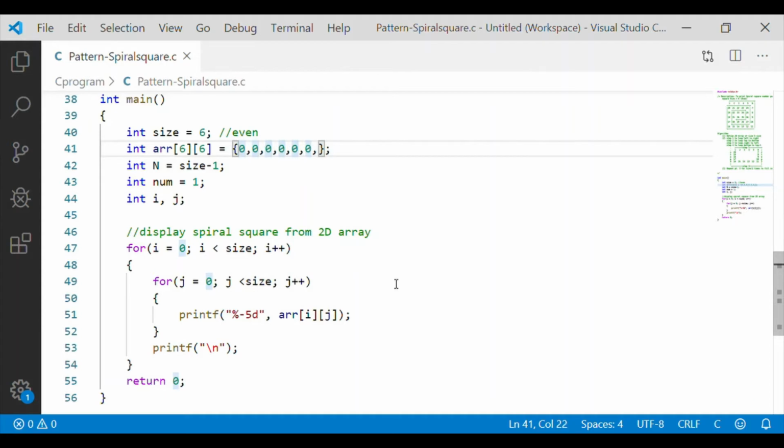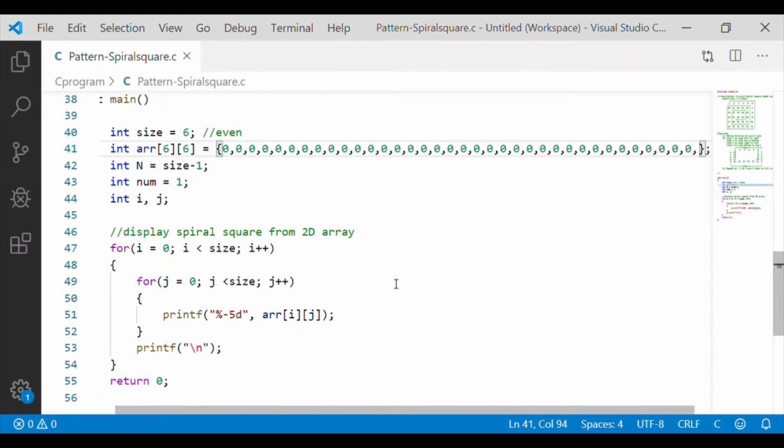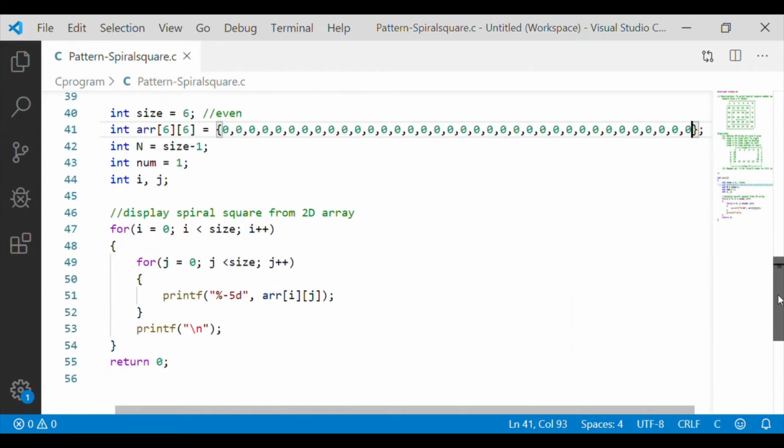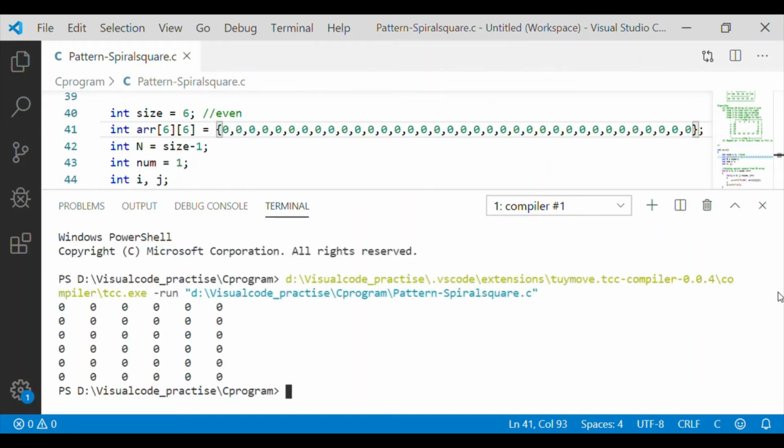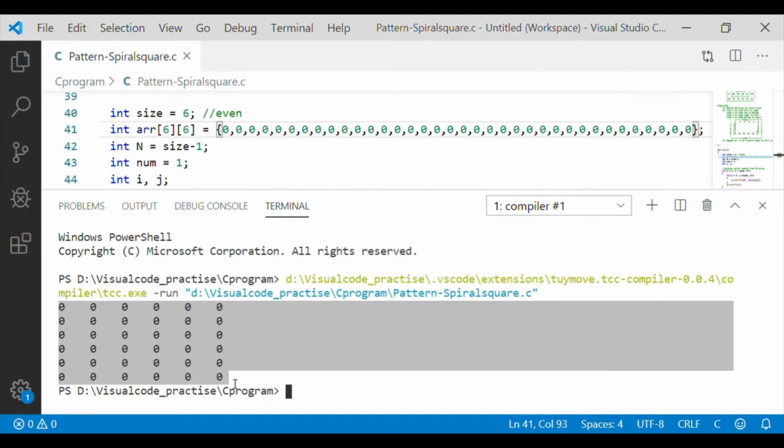As it is an array of 6 by 6, there will be 36 elements, and I am just initializing with 0 to check whether our for loops are working okay to display the content of the array. Okay, we will execute our code now. It should display a 2D array of 6 by 6 with content as 0 and each row having 6 values, and there will be a total of 6 rows, so 36 elements.